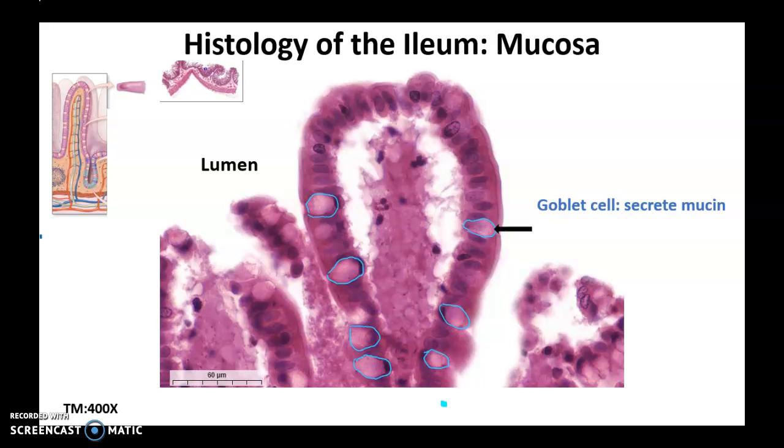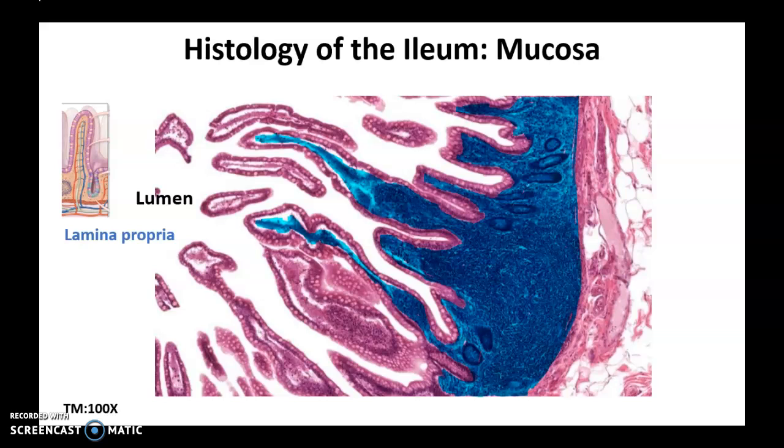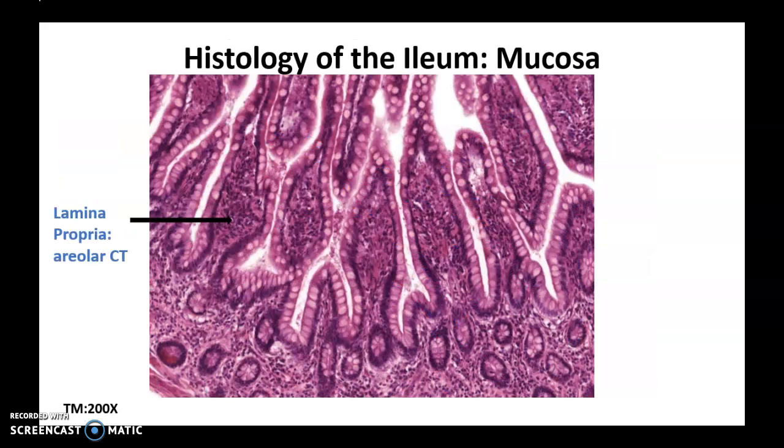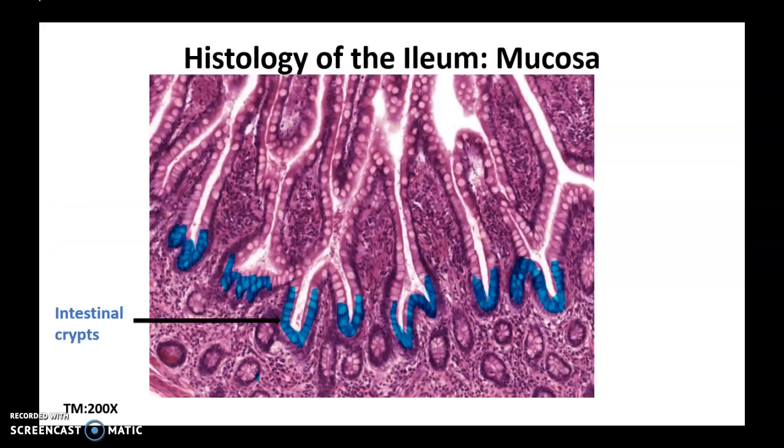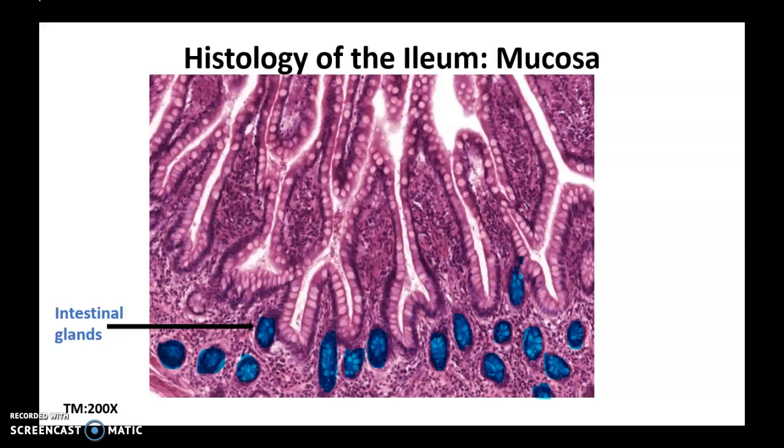What else do we see? We also see individual goblet cells. Now we are moving on to the lamina propria. If we look at a higher magnification, we do notice that the lamina propria is made up of areolar connective tissue. The lamina propria, the invaginations of the villi are called intestinal crypts, and the lamina propria also houses these